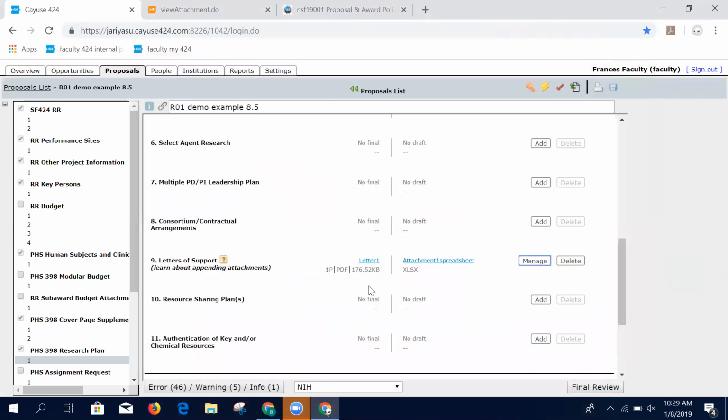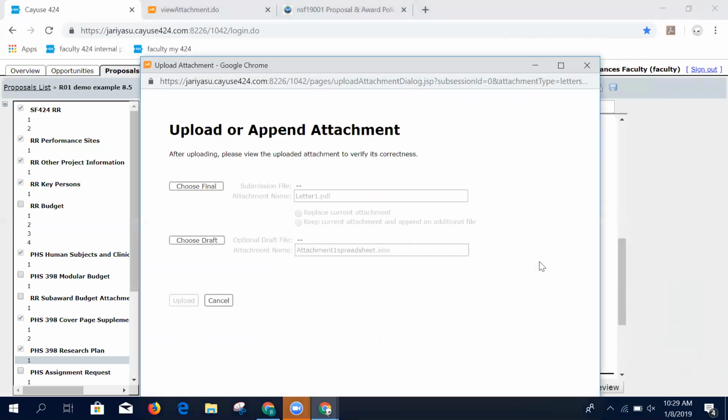So the reason append exists is that there are certain types of documentation. Letters of support is a great example where you're probably going to be collecting lots of documents from lots of different people at different points in time. So you don't have this clean, give me this record, I can upload it into the proposal. So in this case, let's imagine I've gotten my first letter of support and now maybe a week later, another one comes in. So when that's the case, I can click on this manage button and again, go into my